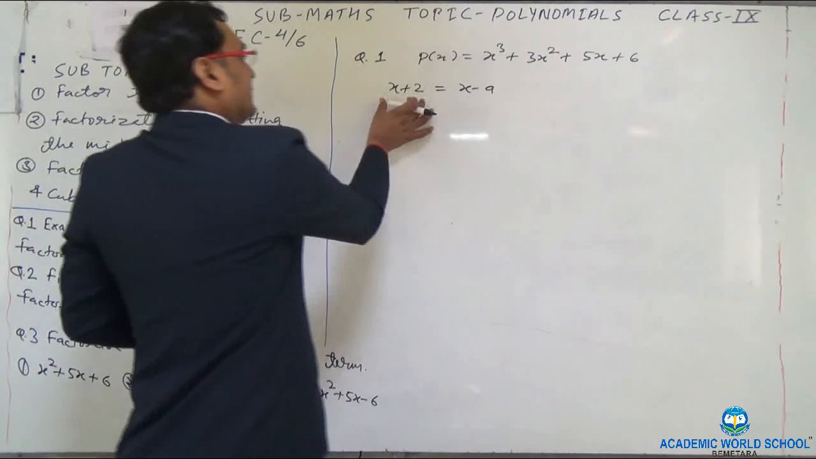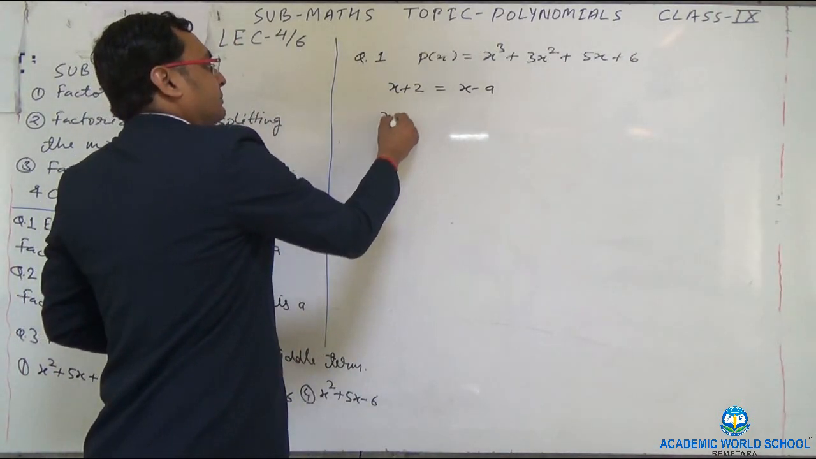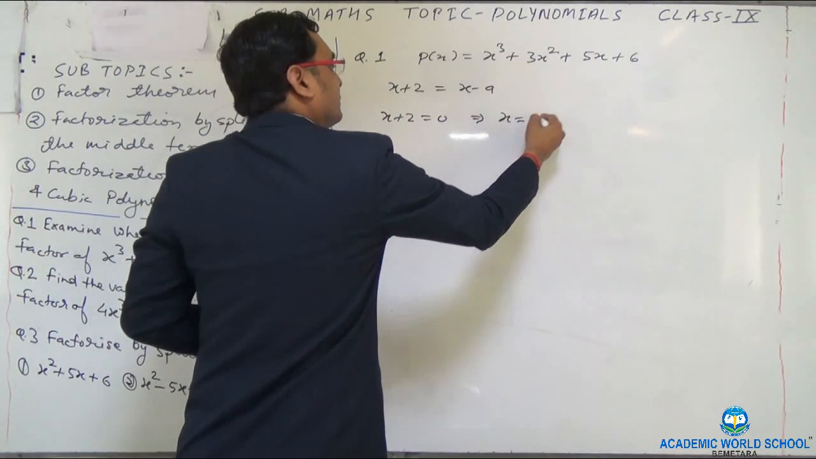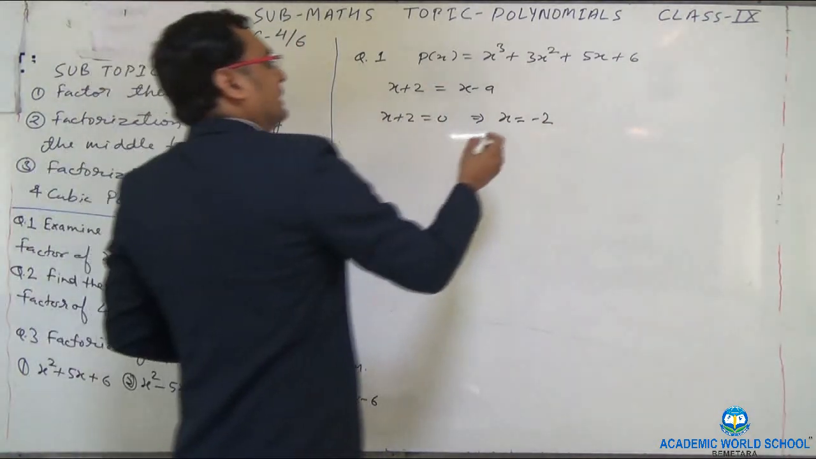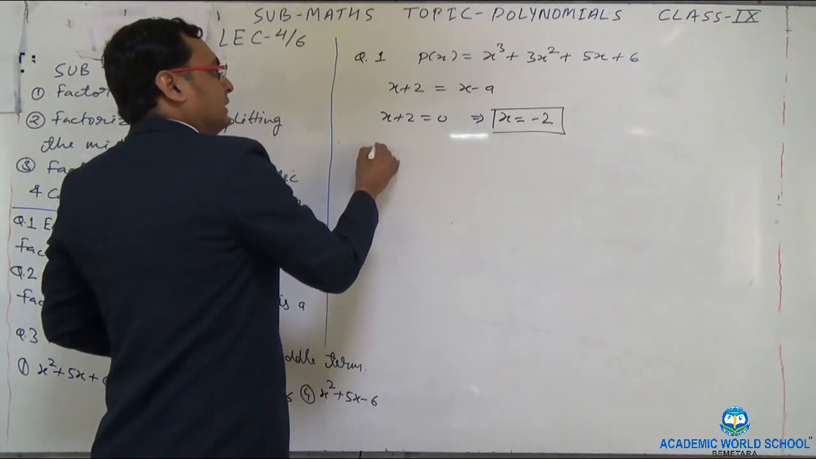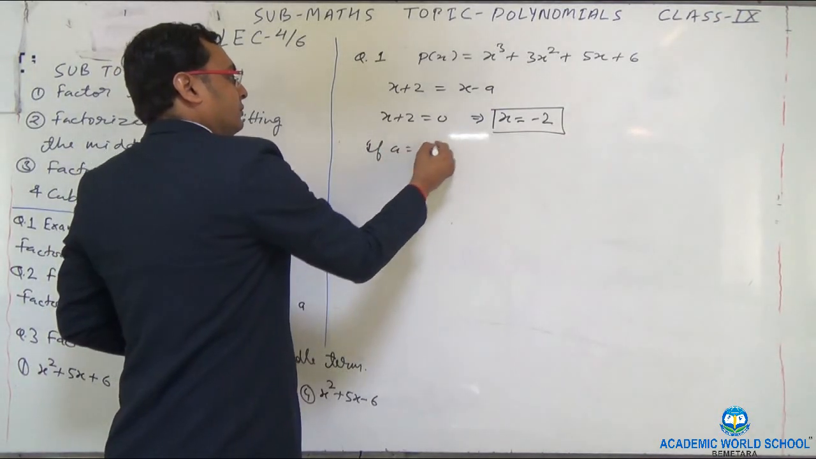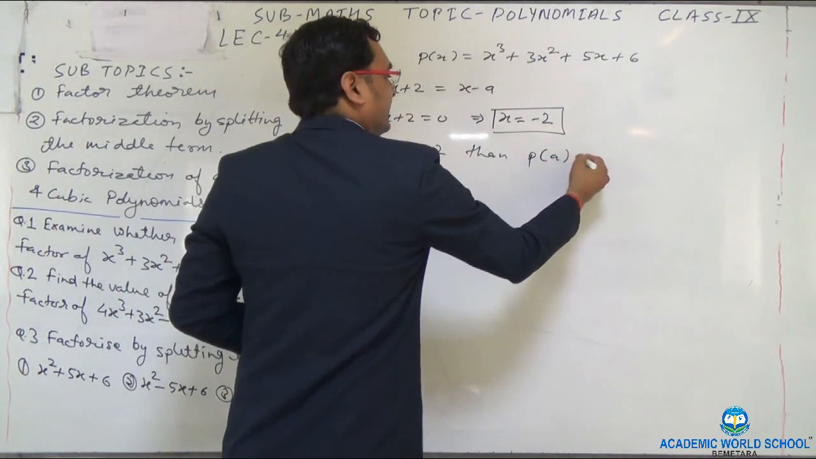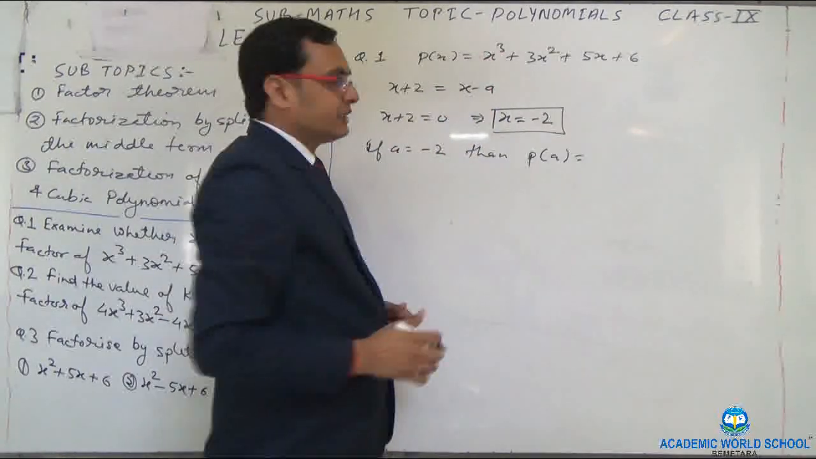So what is the value of x here, x plus 2? So x plus 2 is equal to 0. This implies x is equal to minus 2. We know here this x is equal to minus 2 is the value of a. So if a is equal to minus 2, then p(a), the remainder p(a), what will be the remainder p(a)? At the place of x we will write minus 2